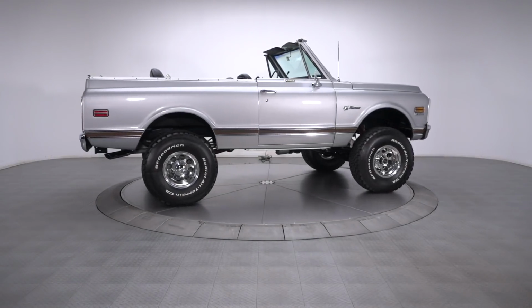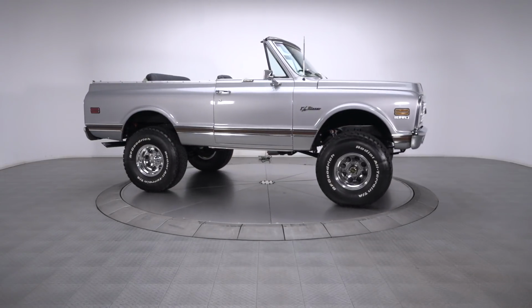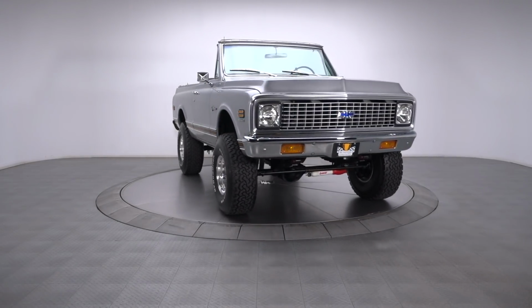This Chevy started life as a truck that was tougher than most and ended up a head-turning stunner that's now nicer than most. If you're ready to enjoy a serious machine with serious chops, don't miss the chance to claim